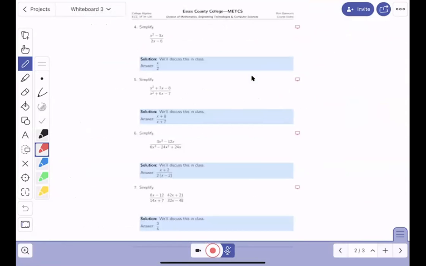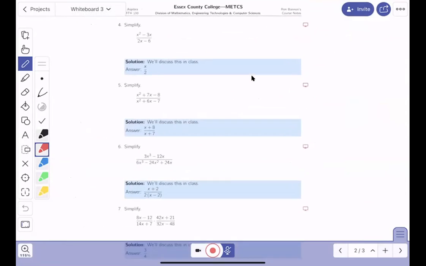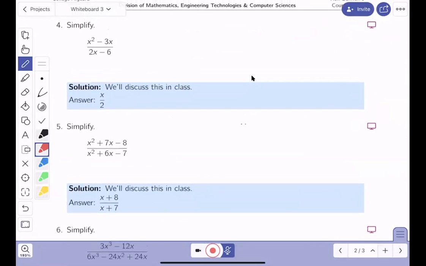All right, let's look at this one over here, one step at a time. What am I going to do over here? Well, I'm going to write down the factorization of the top and the factorization of the bottom. The top factors to be x minus 3. You can check that. That would give you x squared minus 3x. And the bottom factors, 2x